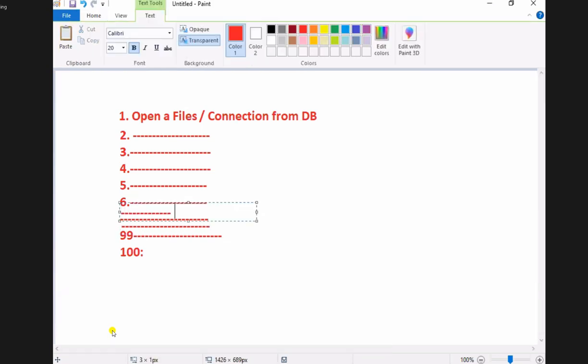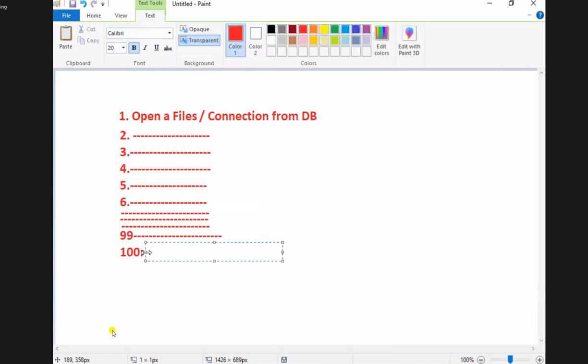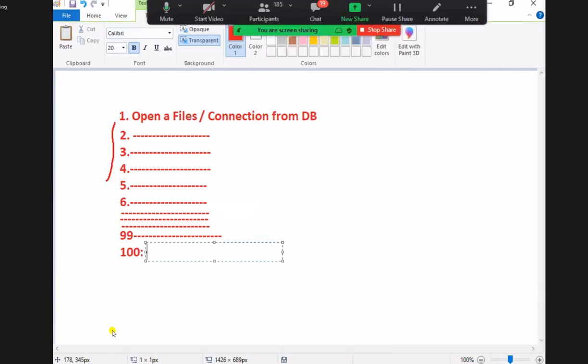Next, see students, when I am opening the file, the file is opened successfully. I got the database connection successfully. Once a file is opened and the database connection is done, after your entire operations are completed, is it necessary to close my file or not? Come on, students. Yes.